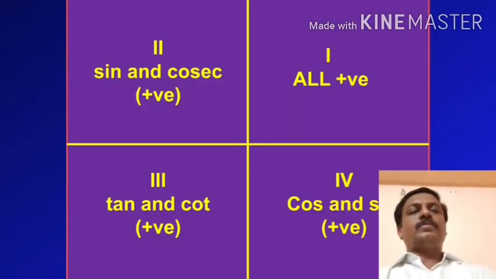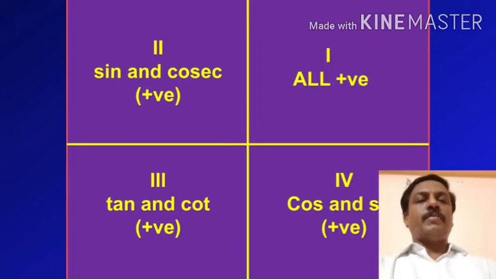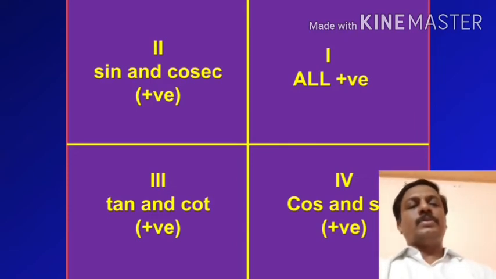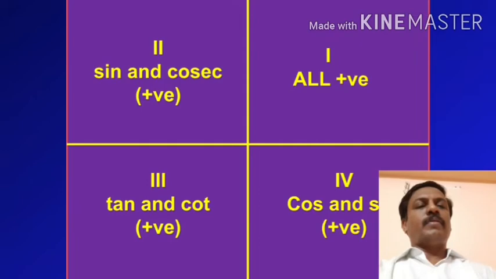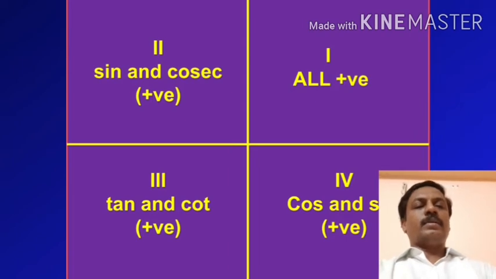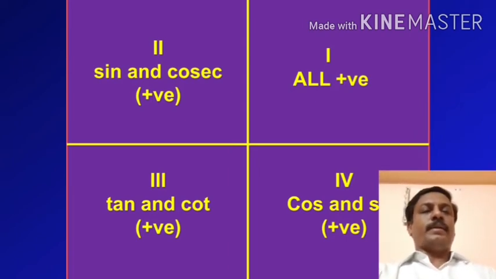Okay. Now let us move to the next slide. In this table we define the values of trigonometric functions for some standard angles. These angles are only up to 90 degree, 0 to 90 degree. Now to find the values of trigonometric functions for more than 90 degree, how to do that? For that you have to remember this quadrant.